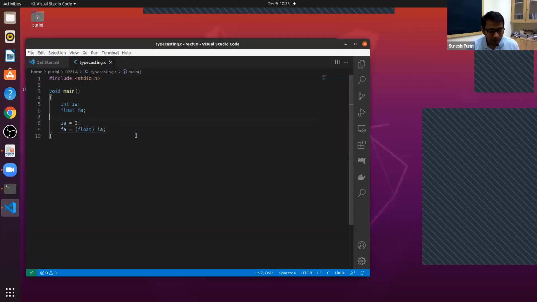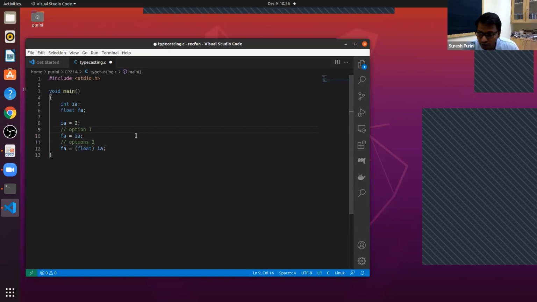So the point is taken. There are two options here. Option 1 is FA is equal to IA, and option 2 is what you are seeing here.